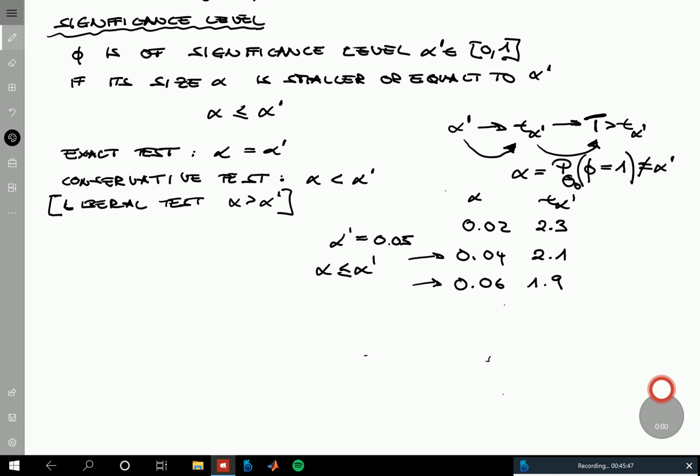Then you would still have a significance level of 0.05, but you already know that your test size will be 0.04, because you will use this t-value as the critical value, and then your significance level and your size are different, because your table for looking up the critical value is a little bit coarse, and you don't want to use things here where you have a larger test size. So it's a little bit artificial, but